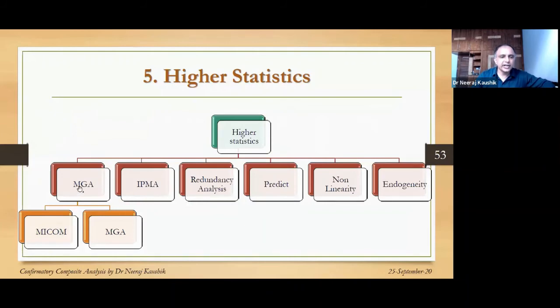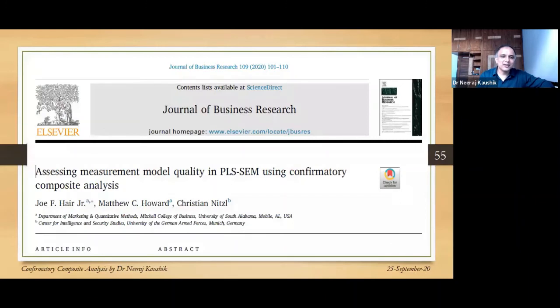Higher statistics, it will go for MGA, multi-group analysis, MICOM or MGA, IPMA, redundancy, predict. This is the same predict which you can do with the help of PLS. Non-linearity also, Ramsey test, endogeneity, it will also check this. So, reporting: now there is a paper by Professor Hair,